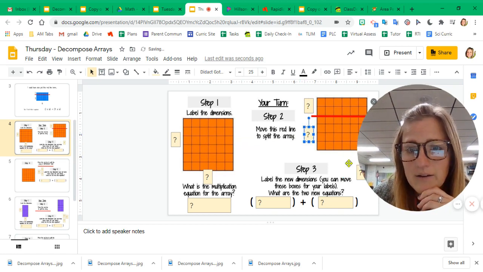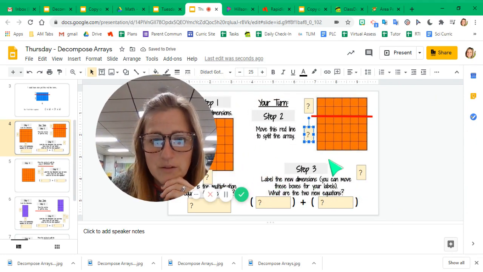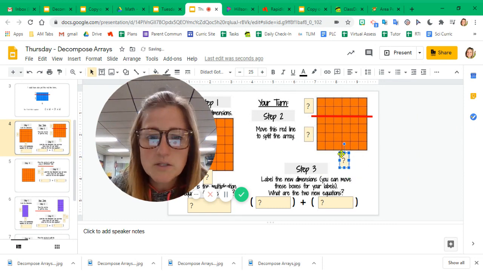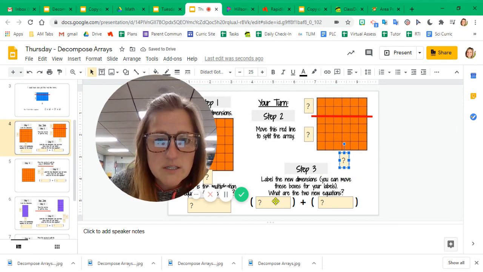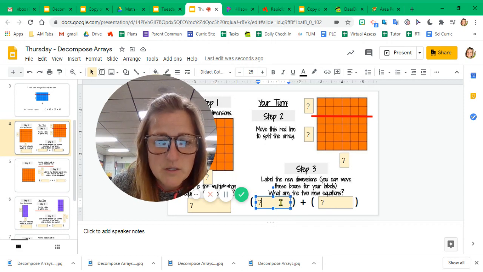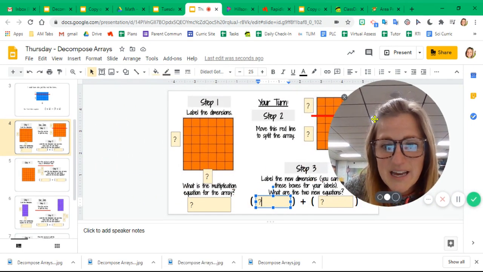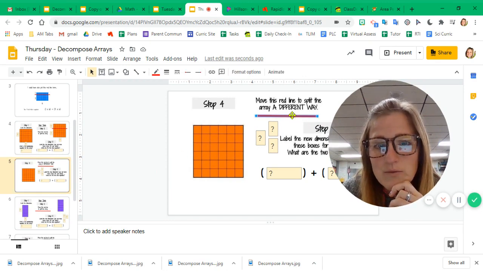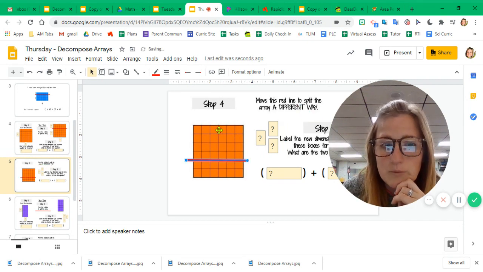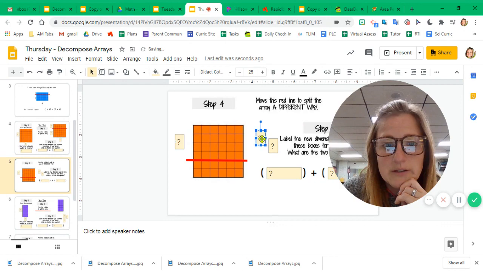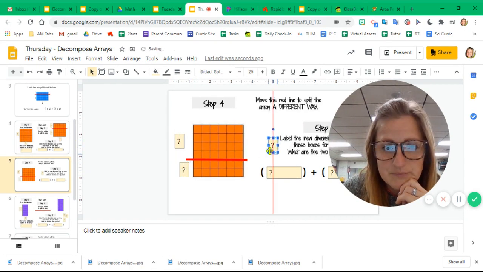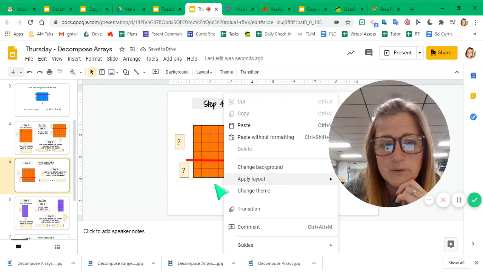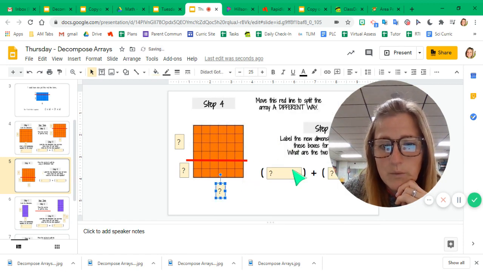Okay? And then after you've labeled the new dimensions, you're going to write your equations down here. What's this new equation and this one? But then you go to the next slide, and it's the same array one more time, and you're going to actually move the red line in a different way. The key word is different. And then you'll move the question marks, and you'll label the new dimensions again, and you will write the new equation one more time